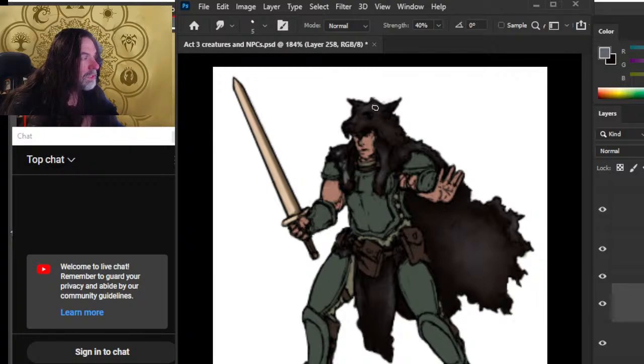There we go. Smudging it in, just getting some lighting in there. Again, we want to pull away from the edges so it doesn't bleed into other materials. That's what I'm looking for.